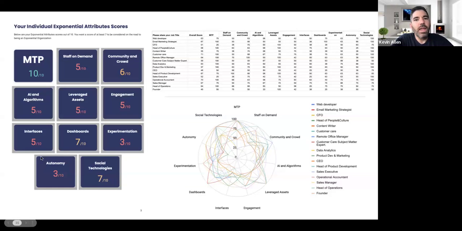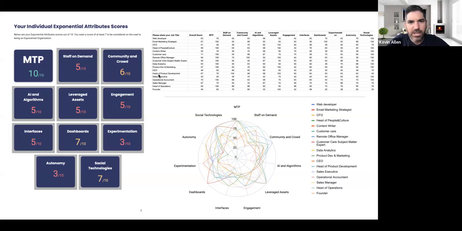And then if you look over to the left-hand side of this slide, you'll see this is actually a real life example of an organization that we recently ran through this process with. So step one was an awake session. Step two was running the exponential quotient. And so you can see here, this was a fairly small organization.